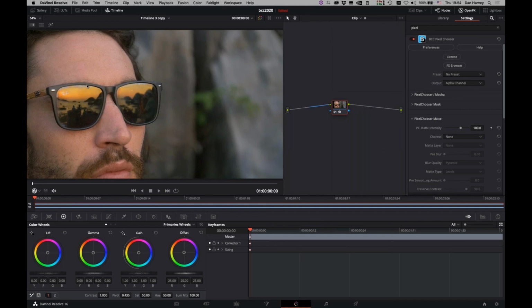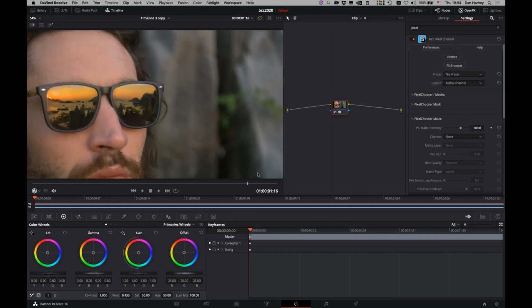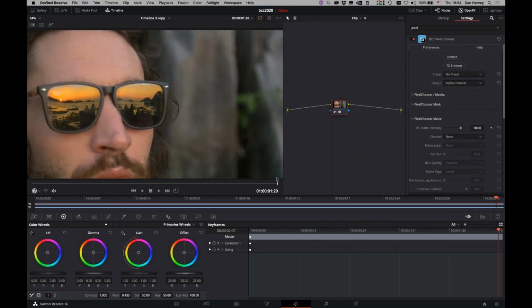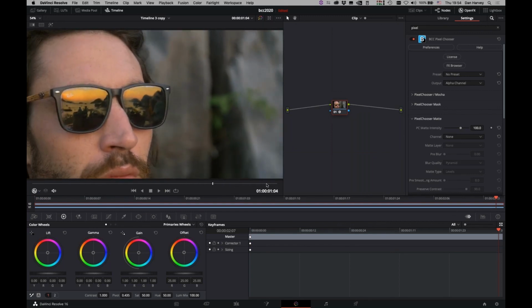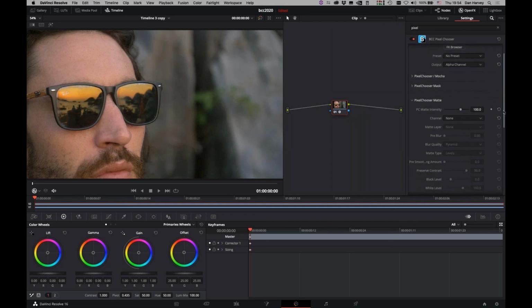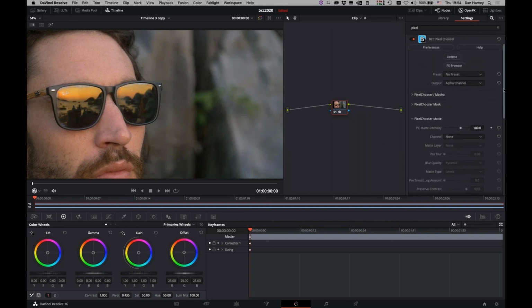What I want to do is draw a mask to change the color of the sunglasses. The problem I have here is that tracking this, even with a powerful planar tracker like Mocha, is going to be problematic because of the way the reflection has a different parallax to the area that I want to track. So I need to track the rim of the sunglasses, which is quite a complex area. And it would be quite time consuming to draw the shapes using conventional spline drawing tools. So I'm going to